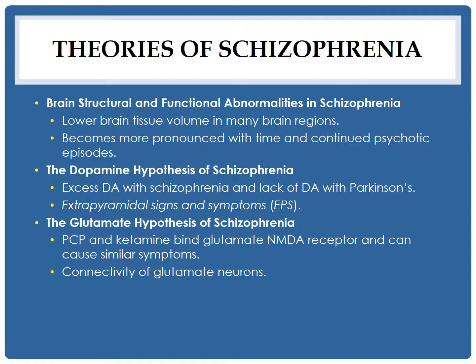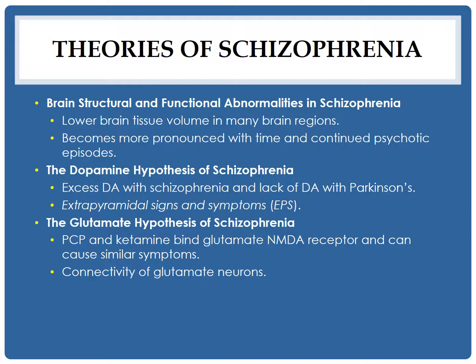This happens more with the older medications than the newer generation of antipsychotics. The revised dopamine theory is that schizophrenia is caused by excessive activity at specifically D2 receptors, and newer drugs can still target dopamine, but they do it in a more nuanced way. We'll talk about that a little bit later.